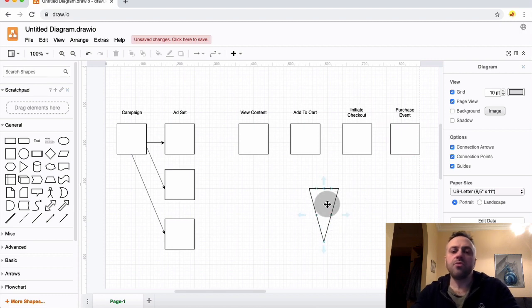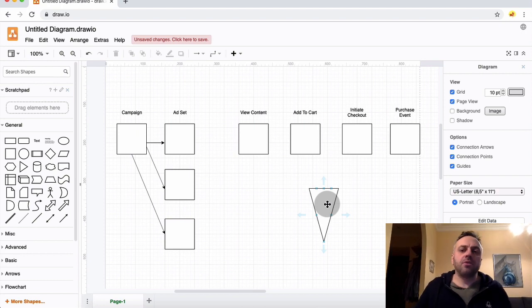Whenever you are using Facebook ads, you always want to optimize for something. You just don't want to send traffic, unless, of course, you don't really care. Maybe you're advertising a YouTube video, right? There's no conversion there. You just want to send as much traffic as you can. In that case, yeah, you can use traffic. But whenever there's money involved and you can measure the amount of money you're spending and getting back,